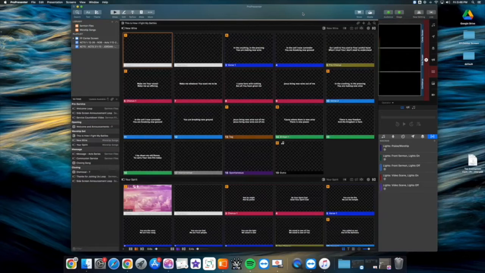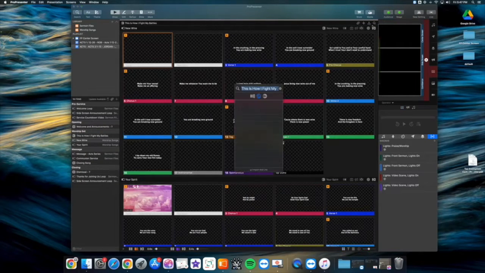Have a video showing how to import a new song. So in this case, we see This Is How I Fight My Battles is not currently in our song folder. So what we do is we're going to go to the search bar, and then under here, under song select, it says, surrounded in parentheses, Fight My Battles. Because the exact name is not This Is How I Fight My Battles, we're going to want to double check